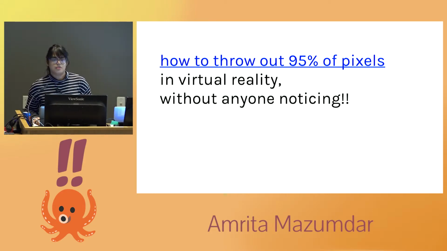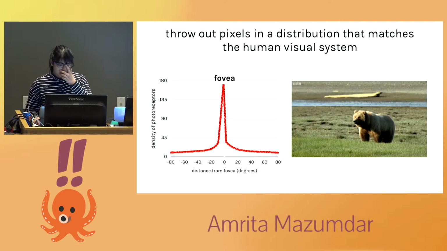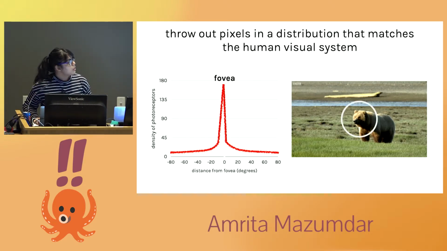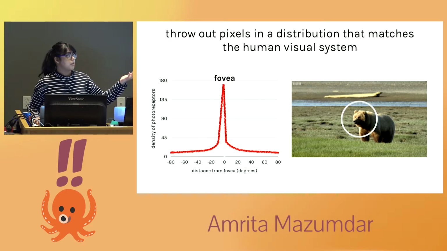And it turns out you can do some really easy tricks to get away with it. So here's that graph I showed you before. Here is my bear video. And the foveal region, if we are doing an estimation, we'll say that's the foveal region right there. And so okay, now I want to throw out the rest of these pixels. How am I going to do that?